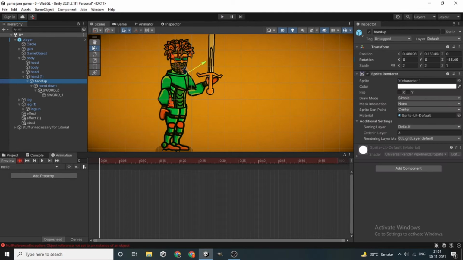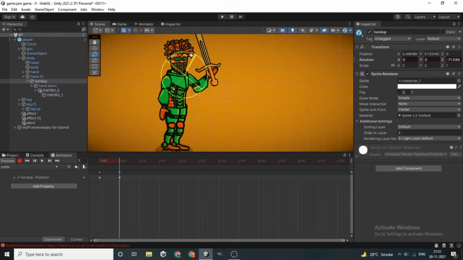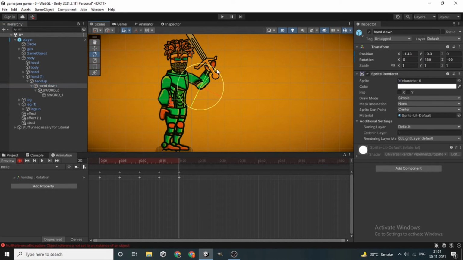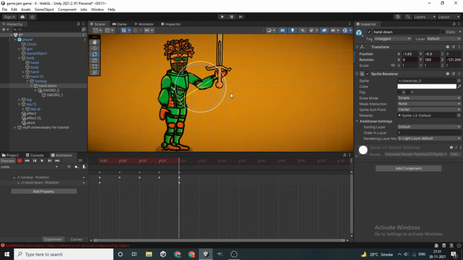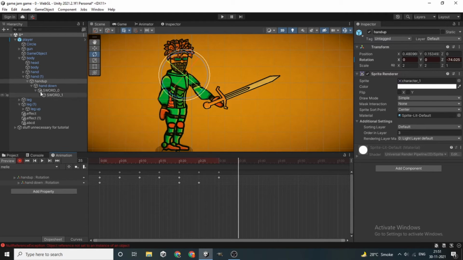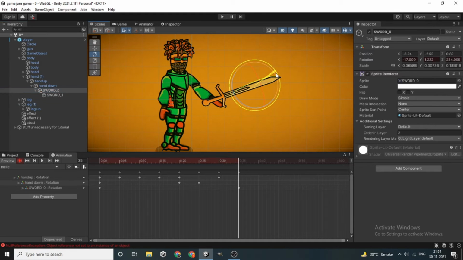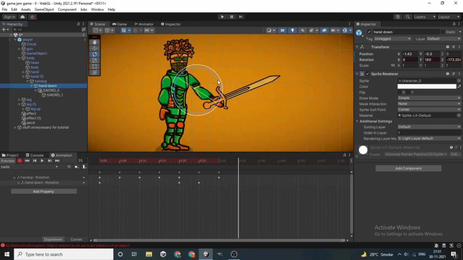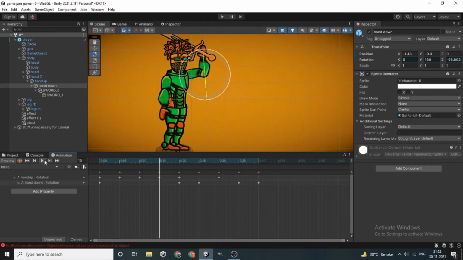Take the hand of the player and raise it a little, and then we are going to, I guess that's enough, and then we will start coming down here and a little more, and then just a little like that. Okay, I guess that's a pretty good animation right there.